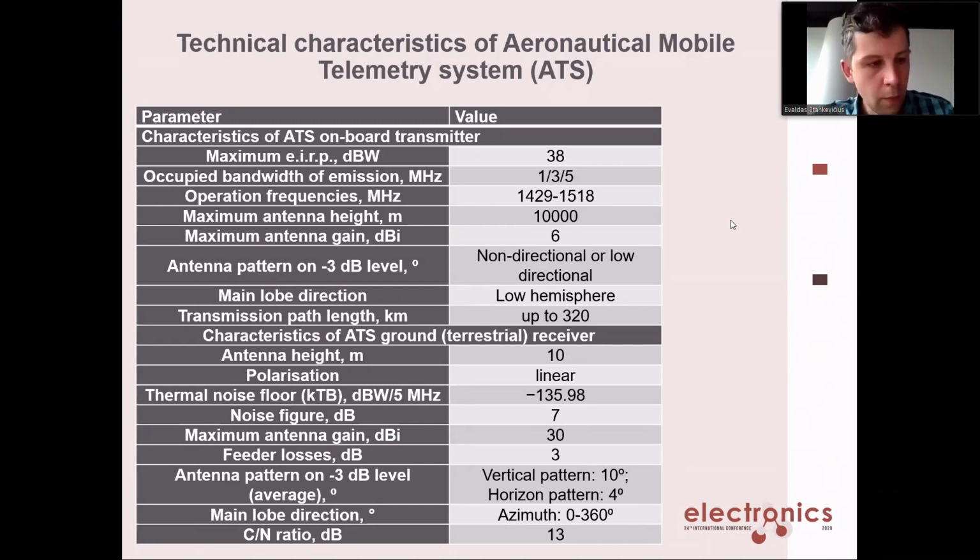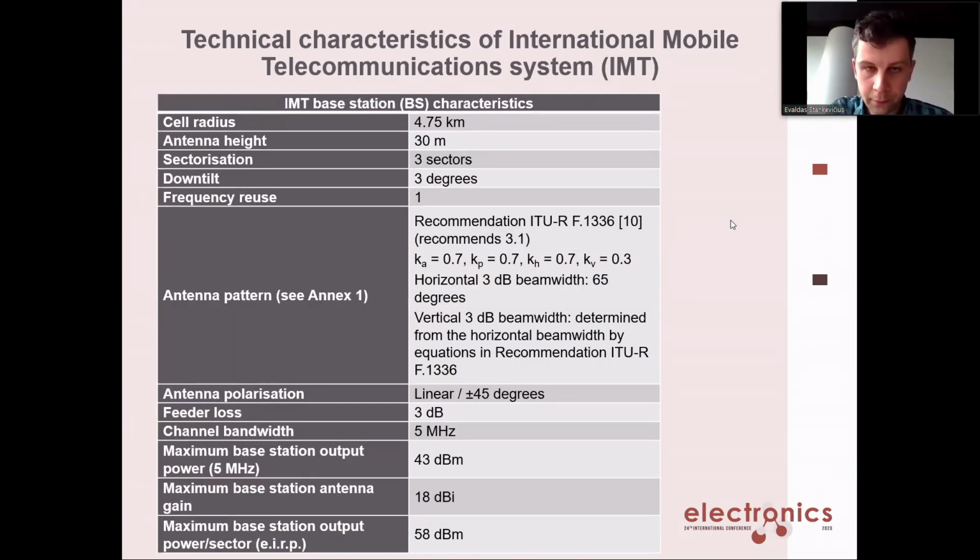So to model the system with practical real parameters: the parameters of the ATS transmitter on board the plane, which is flying in some area at a height of 2,000 meters and 10,000 meters. And somewhere there is an ATS receiver with a particular thermal noise and sensitivity level, to calculate the possible interference.